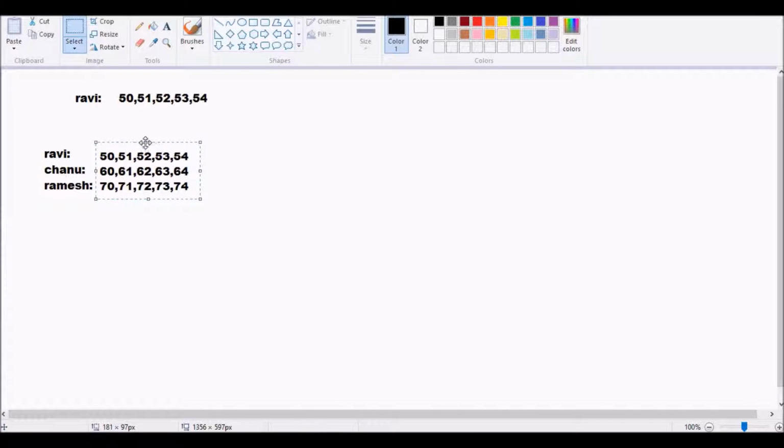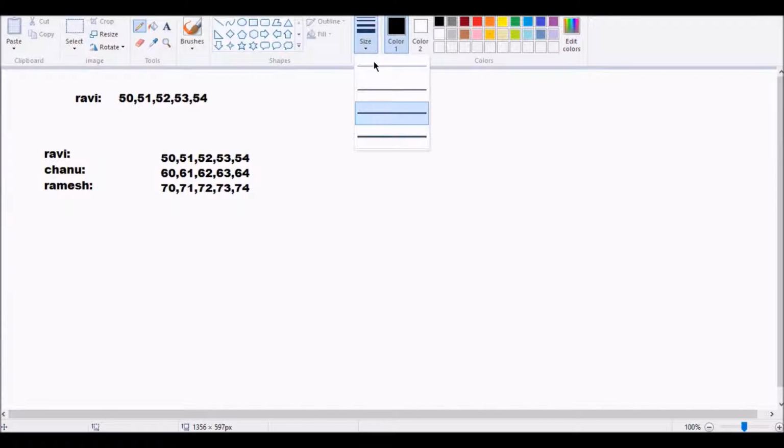So this is called a two-dimensional array, which contains a total of 3 rows and a total of 5 columns.